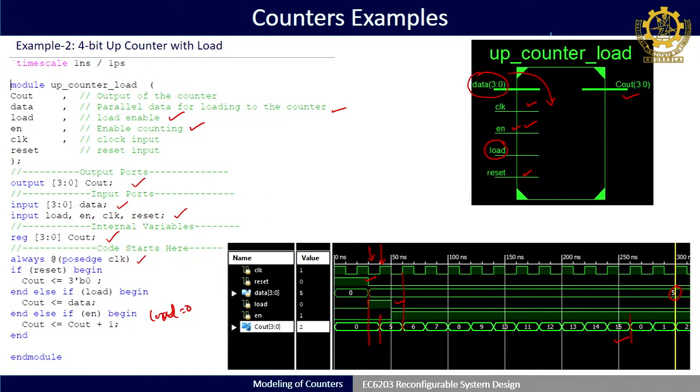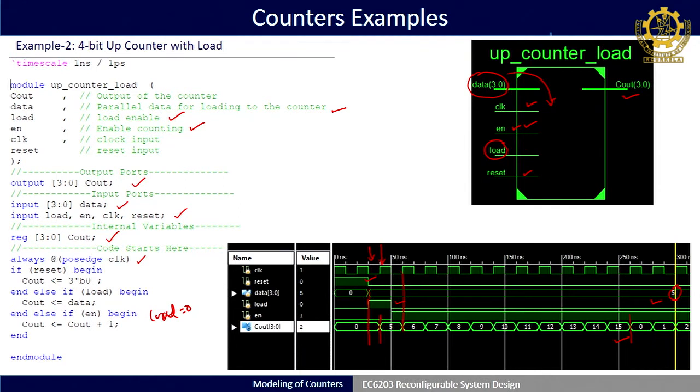Okay. So, if you deliberately want it to go back again to 5, then what to do? Here you have to make the load high again. As my load is 0 here, it is not loading the value whatever is given, like 5. If you deliberately want that after 15 and 0 it has to be loaded with 5 again, then, counting the number of clock pulses, at the same interval you have to make the load 1 again here. Okay. So, after 0, from here again it will start from 5 up to 15.